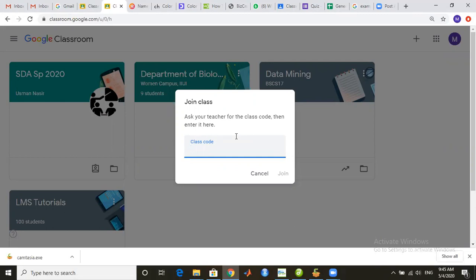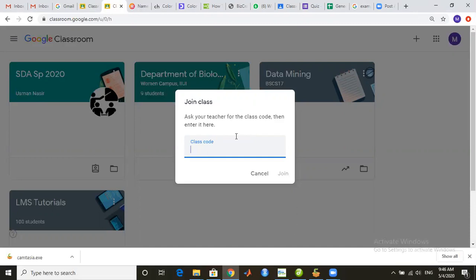Now here I want to clear one thing, that the particular class codes will be shared with you by your course teachers in the last week of May 2020 or the first week of June 2020, because the semester is going to resume from the 1st June 2020. Before that, please don't create panic and don't send emails or messages to the teachers or department coordinators asking for the Google Classroom code, because when the time comes, the class codes will be shared with you.